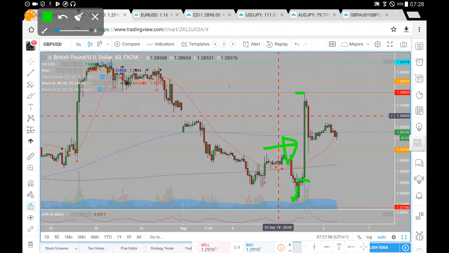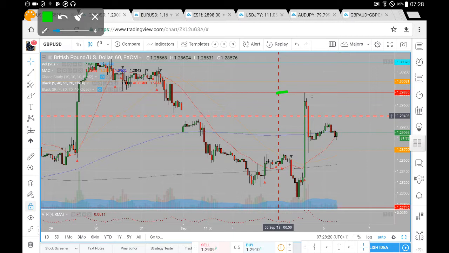This candle is probably indicative of some news release of some kind, probably a speech or something, probably Brexit related. But we've seen this pretty large candle here. Definitely would say it's news related due to its size. Open to close range is pretty large. And what we did see was sharp acceleration and momentum here towards a level previously identified of interest, which was